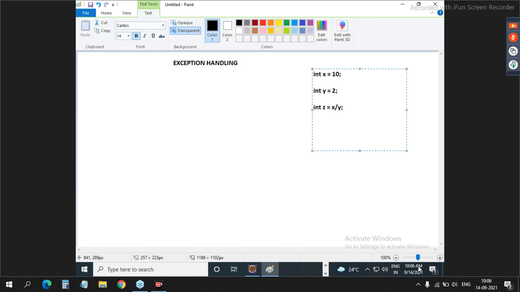Can you tell me what will be the value of z? If I write the same code in a main method, will it compile fine? Will it execute fine? Yes. Then what will be the output? 5, because 10 by 2 is 5.